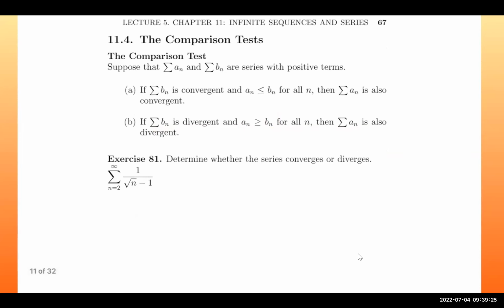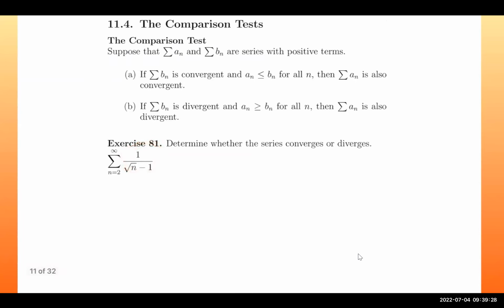So let's see how this is going to work. So we have this series, and we want to compare it to a different one. So let's let b sub n equal 1 over radical n. I'm choosing 1 over radical n because I see a radical n there, and this is easy to test. It's a p-series. Since 1 over radical n is divergent, it's a p-series